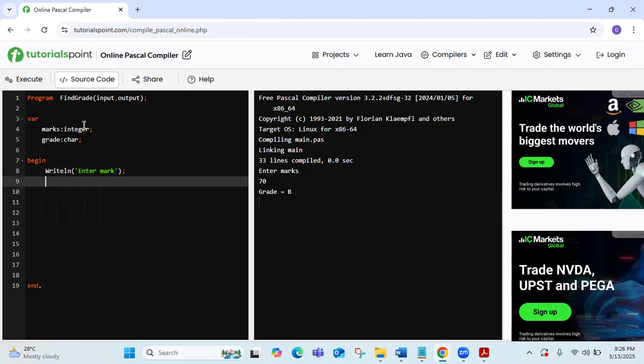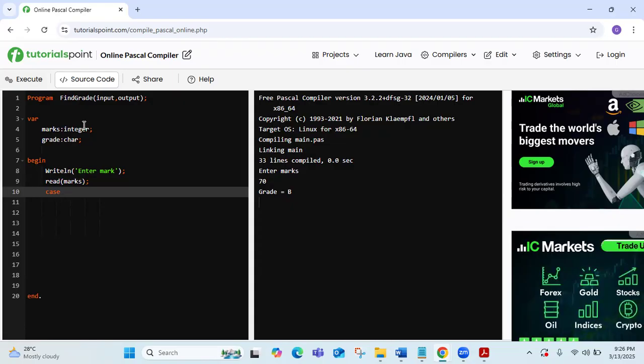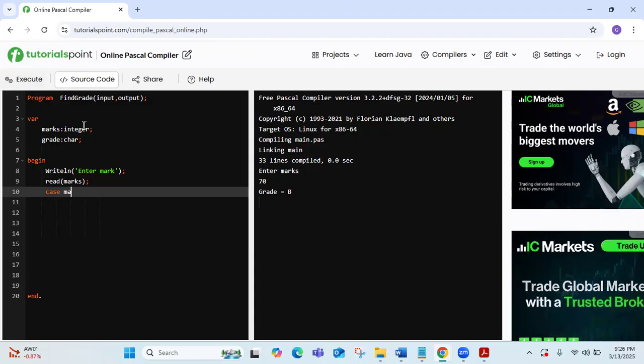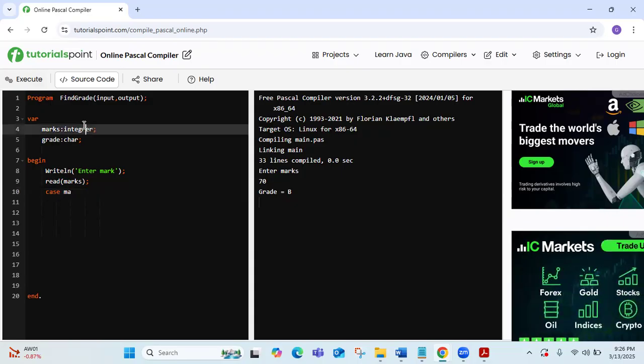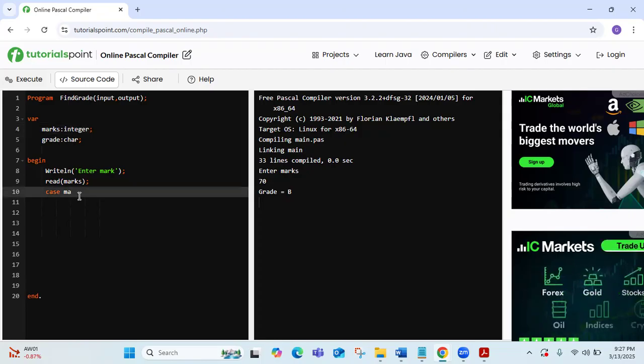Then say read marks. Okay. So then here, case, we'll say case marks of